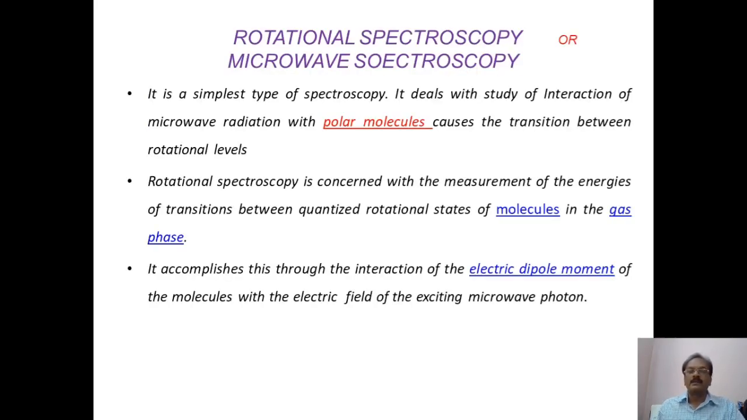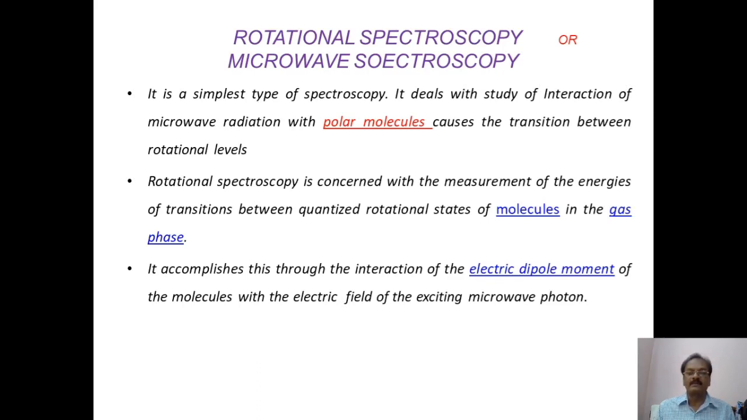See, when you come to the first type of spectroscopy, the rotational spectroscopy, or it is also called microwave spectroscopy, it is the simplest type of spectroscopy. It deals with the study of interaction of microwave radiation with polar molecules, causing the transition between the rotation levels. Rotation spectroscopy is concerned with the measurement of energies of transitions between quantized rotational states of molecules in the